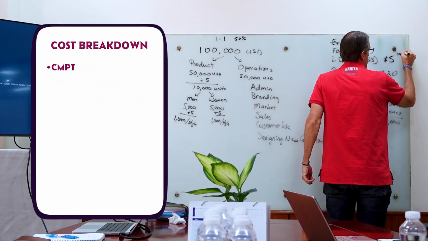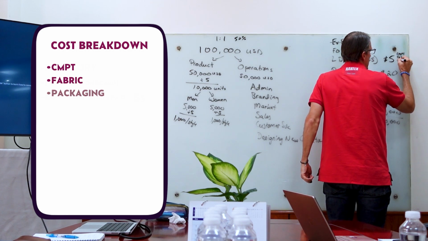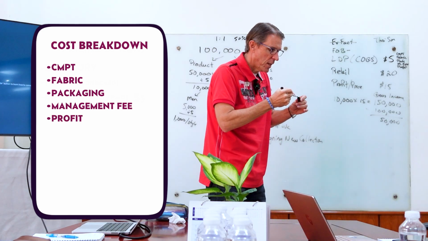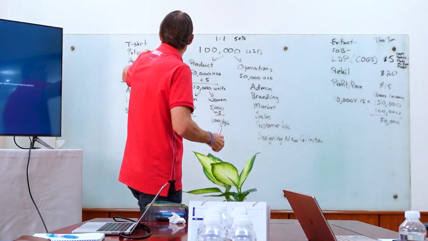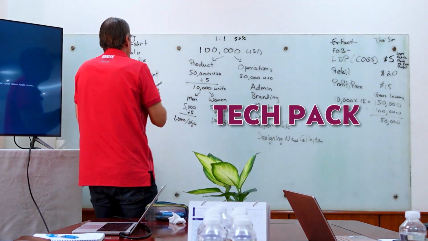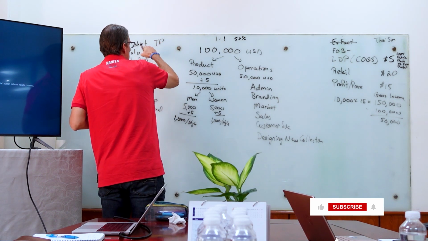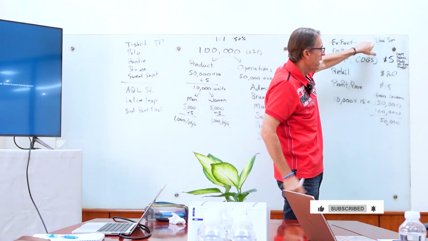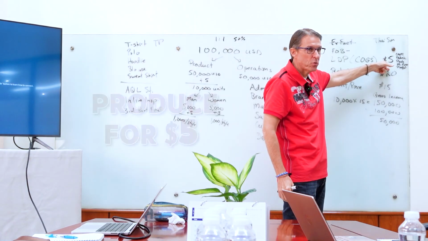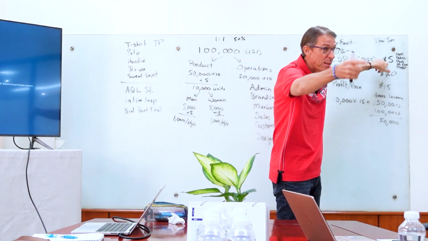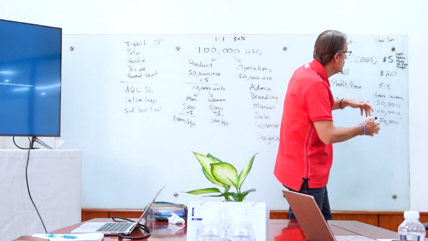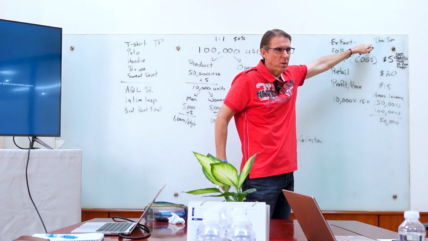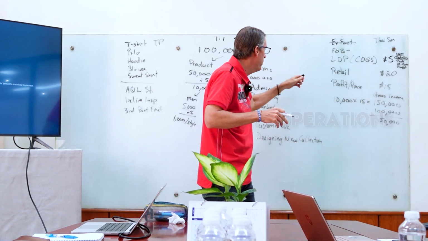You have CMT, fabric, packaging, management fee, and then profit. You say to the factory, here's our styles. So we have a tech pack, right? We have a tech pack for each one of these. You give your tech pack to the factory, they do all the calculation. We can produce for $5, but they buy the fabric from you. So you are selling the fabric to the factory. So if you're asking me about the operation of,